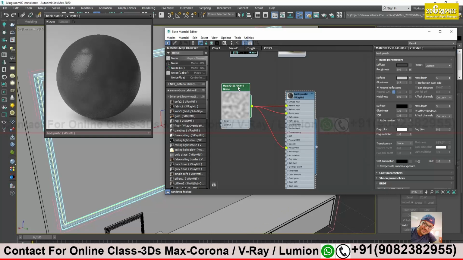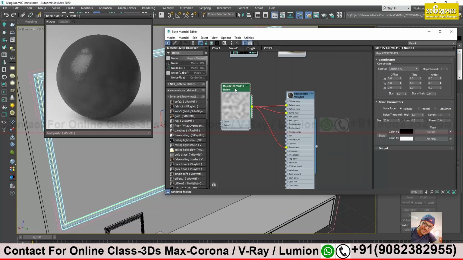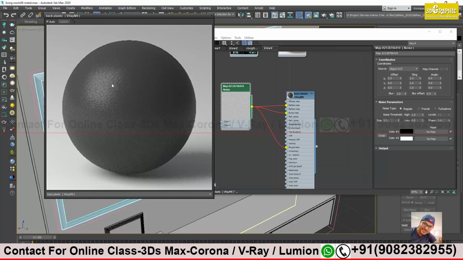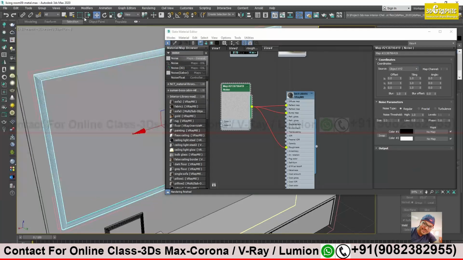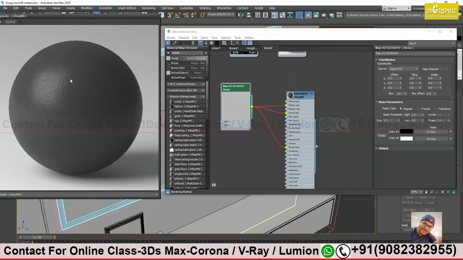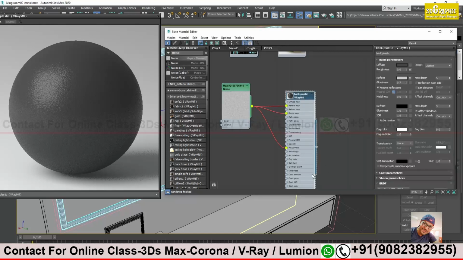Alright, all I need to do is go to the noise map over here and reduce the size, maybe 1. You see, the surface is looking very uneven, no? And the roughness also we have to reduce the value. Because it will not be that rough, right? So double click on the roughness. It is 0 now, so it is not showing any roughness. We have to increase the value.